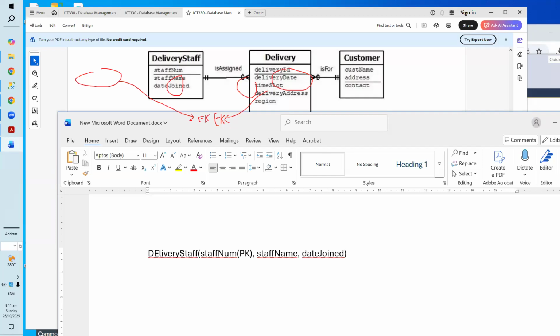Do the parent first, and then you have class name. This is a composite PK, so you have two PKs. And then contact, and then the delivery. So you have delivery ID, and this is PK,